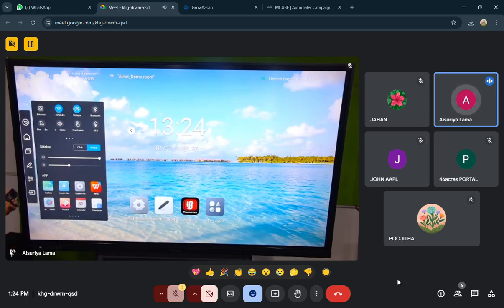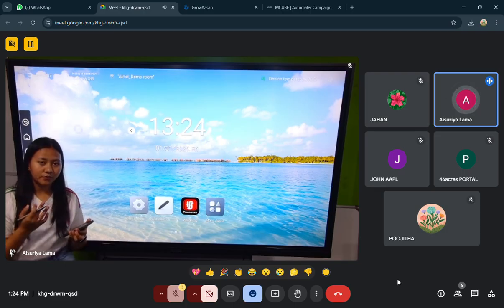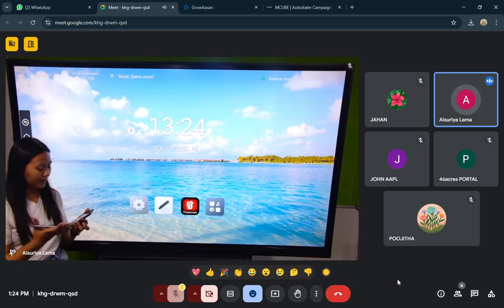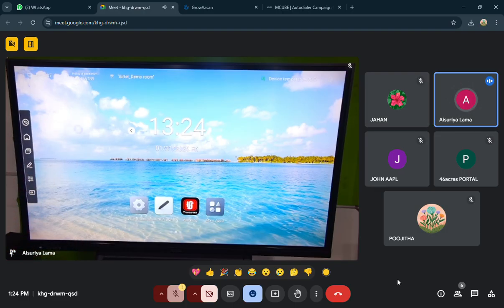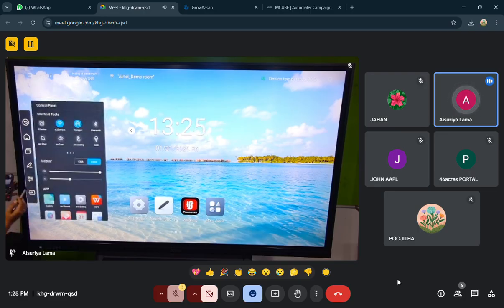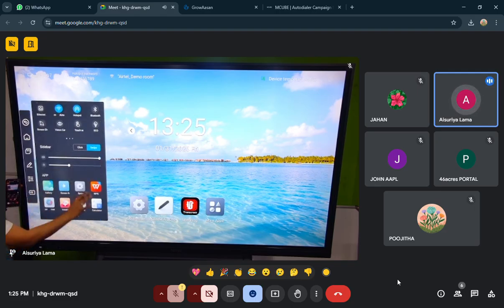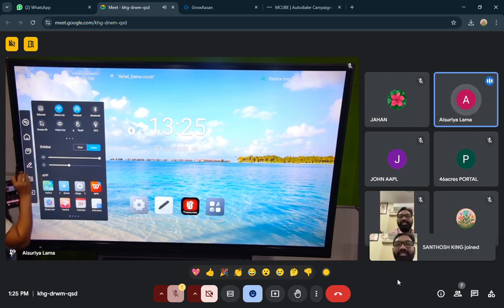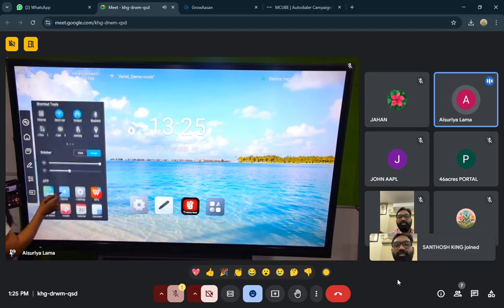One of the very important features it has is the split screen. So what is split screen? At one point of time, you can open two applications altogether. But if you look at Cornea's interactive flat panel, not only two, you can open six, seven, or eight applications altogether. What you have to do is go to this option, control panel, and come to this option. This is the apps section. Now if you see in the applications, there are blue markings on the edge of the application icon. All those blue icons can be used in the casting.